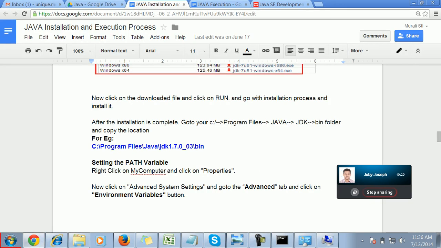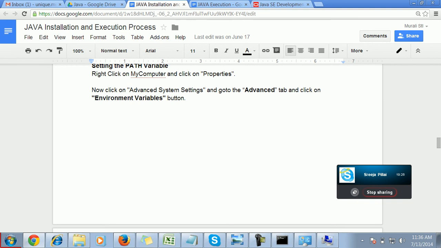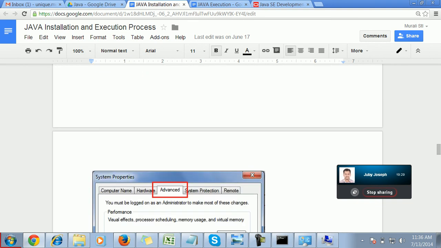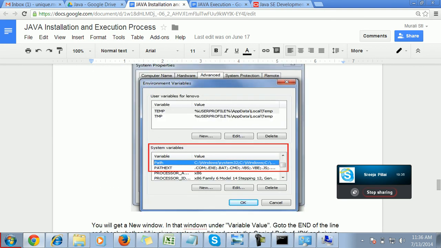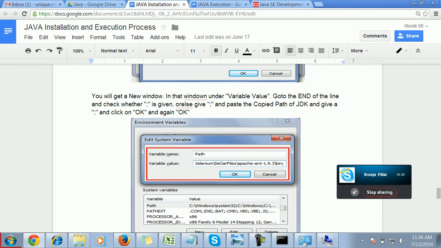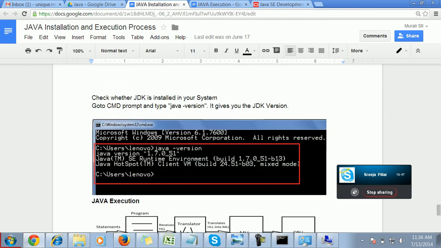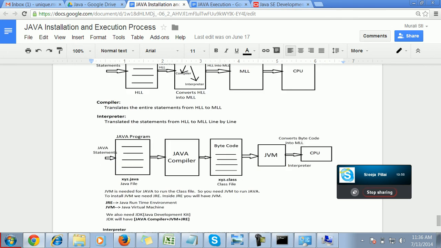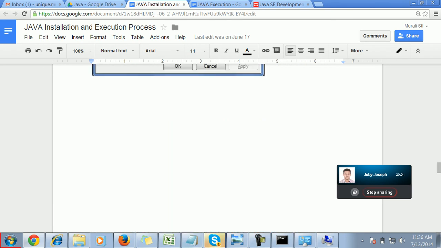That's what I have given here. Copy the location of your respective bin, then come to my computer, properties, advanced tab, environment variables button. I have given it in the screenshot also. Search for the path, double click on it, give a semicolon, and then paste the copied JDK path, again give a semicolon, click on OK, and then OK. Now confirm whether the JDK is present. Once again, type java space hyphen version, and the JDK version will show for you. This is how you set the JDK. Just go to the respective document, everything is with screenshots, so working will be easier,